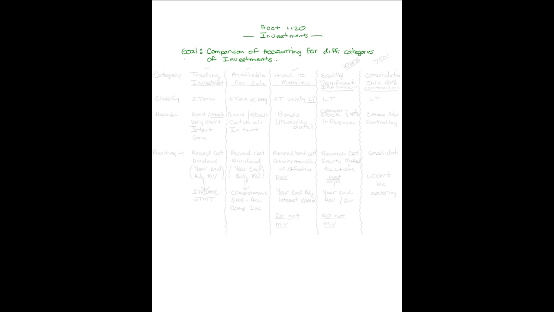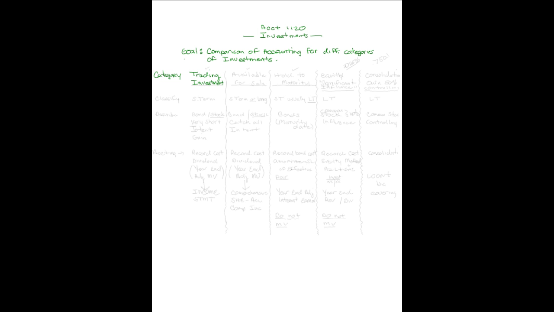But I think if we lay it out like that, and I use this format and stay with it through the whole chapter, I'll have a lot of success with you. I've done this before and it works well. So the first thing I want to do is look at the categories of investments that we have. Talk a little bit about the first kind of category. This is really new law. It's not that old. Either that or I'm getting old. And this category is for trading investments. The definition of a trading investment